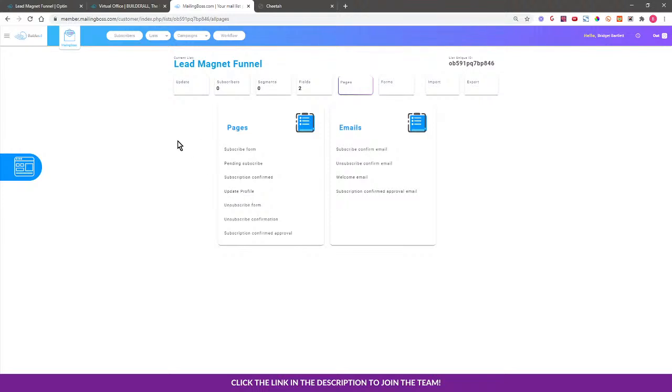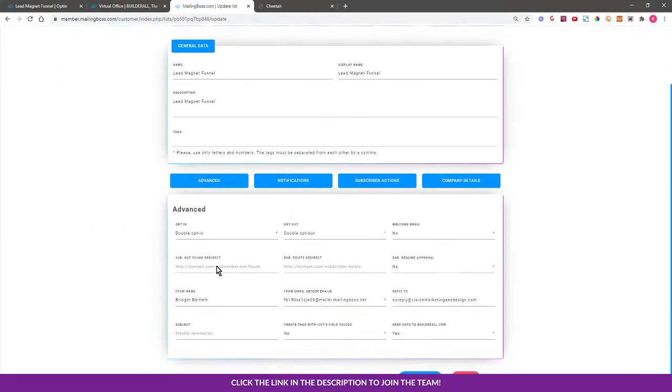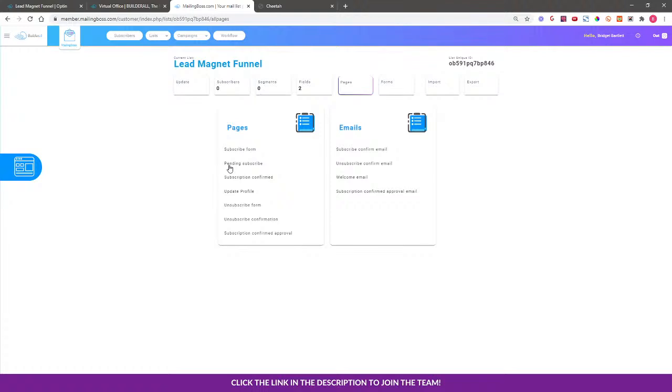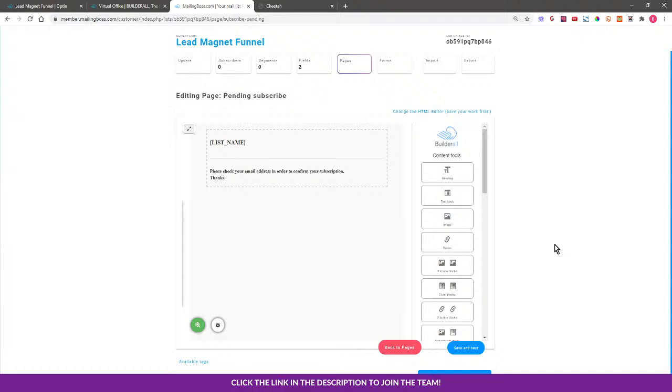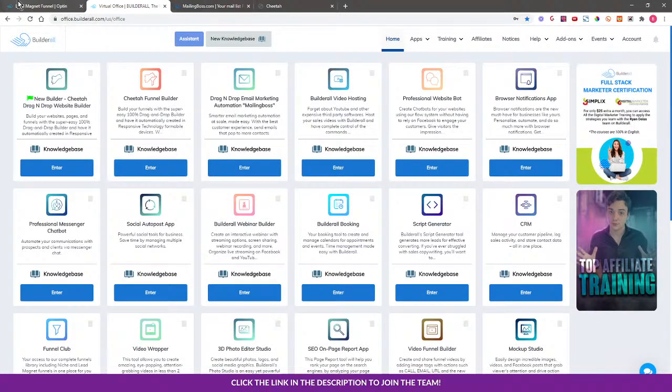Back in the beginning, when I said, in this section here, I said this is really kind of confusing. I want to show you an easier way. This is what I'm talking about here, okay? So the pending subscribe is going to be the email that you're confirm your email, okay? So what we need to do, since we have created a page for the confirm your email, let's go back here to our